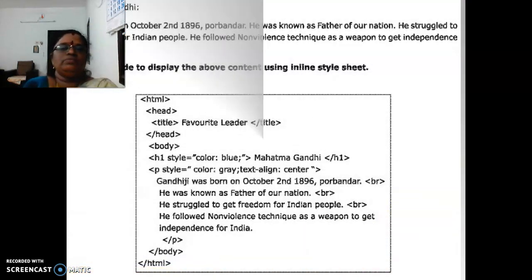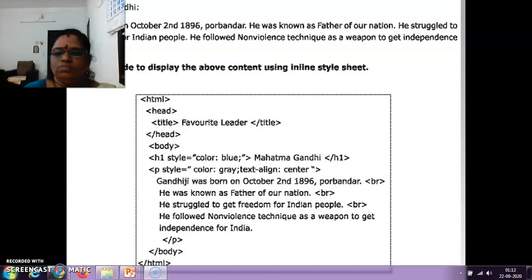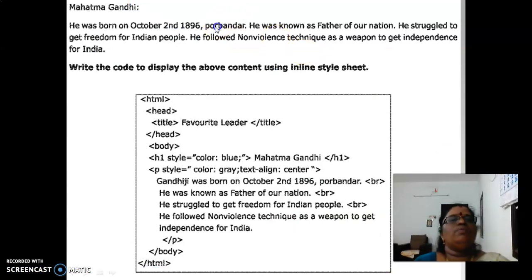So, a few lines about any favorite leader. We have written a few lines about Mahatma Gandhi. He was born on October 2nd, 1896 in Porbandar, and this is a paragraph about our favorite leader Mahatma Gandhi.